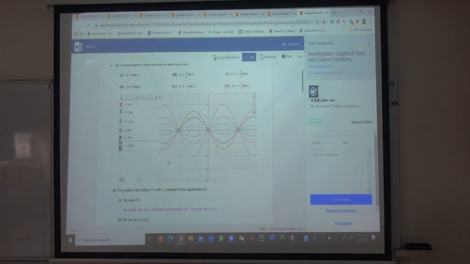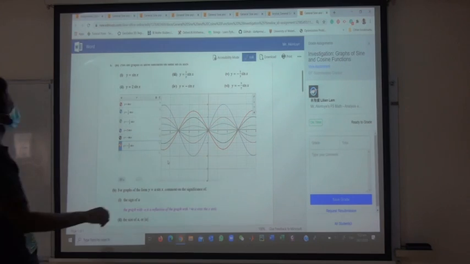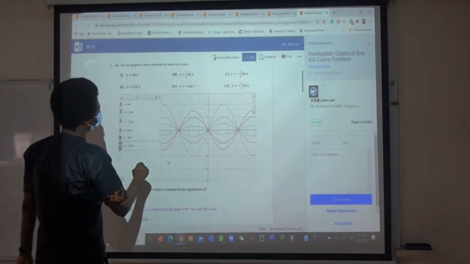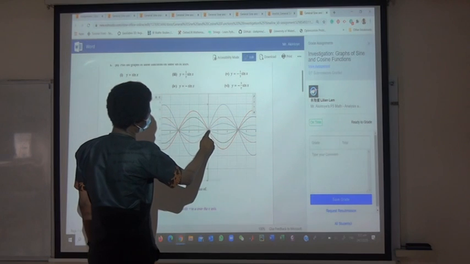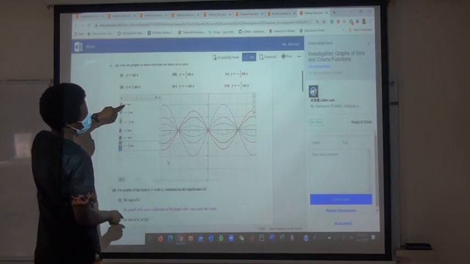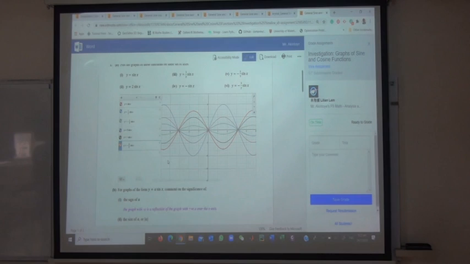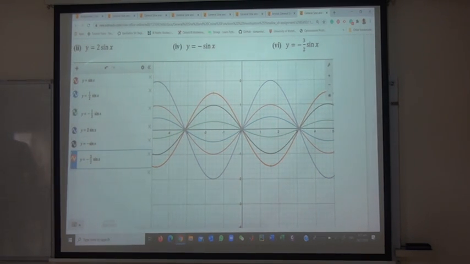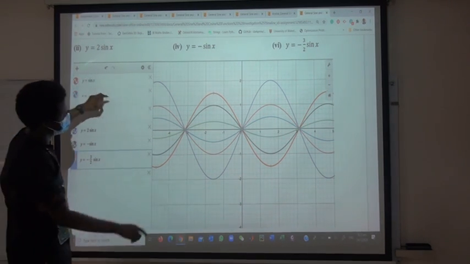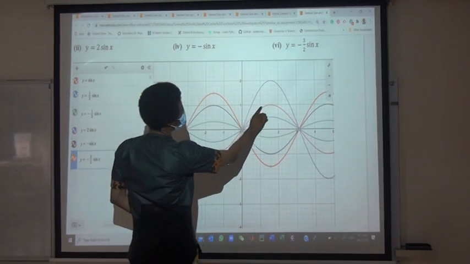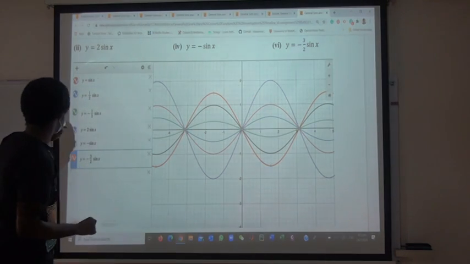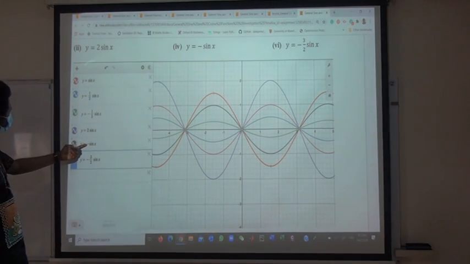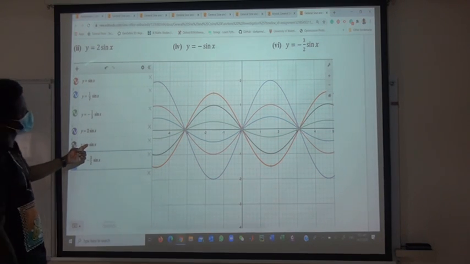So if A is positive, definitely you have your normal. Is this what sine? Yes. So if A is positive, of course it begins from origin. A positive is the red one. Let's try to enlarge that. Okay. So this is sine. For the red one, that's the original stuff. We start from the origin. You can see that. But when A is negative, which is this black one, rather